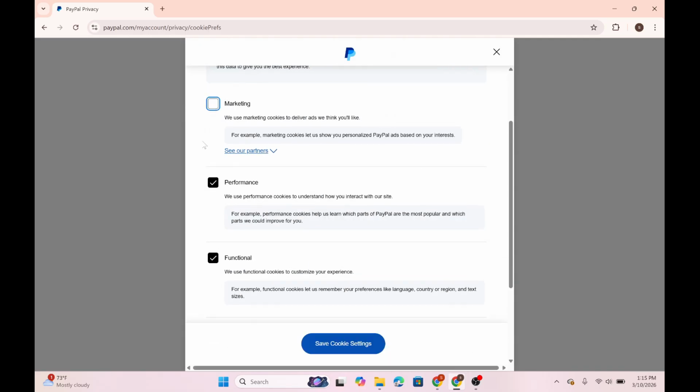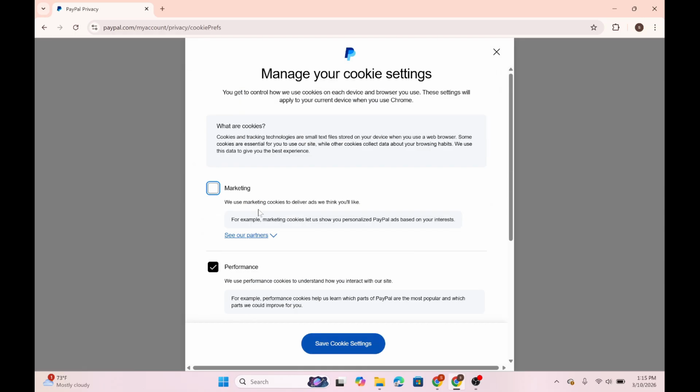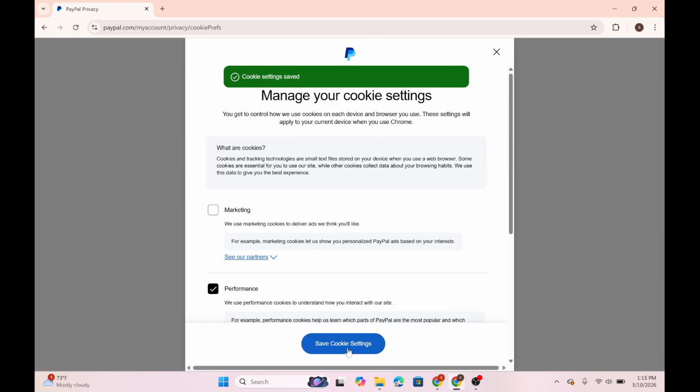Then you can select this small check mark, or you can simply deselect this check mark and select save cookie settings on the bottom. And essential cookies normally cannot be disabled, but you can simply disable them if you do not find them helpful, and select save cookie settings. And managing cookies on PayPal helps you control how your data and browsing activity are used